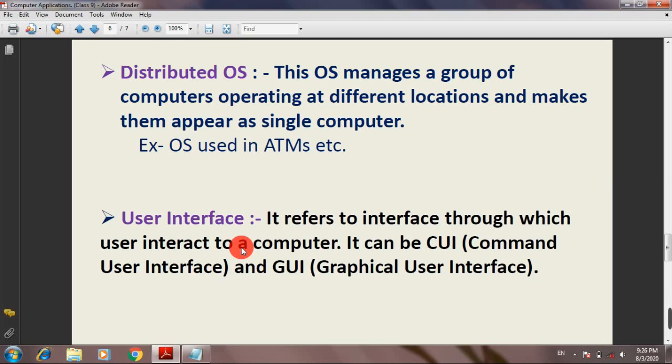So in GUI, we generally use two input devices. One is your keyboard and the other is your mouse. But in CUI only the keyboard is needed. We cannot use the mouse in the CUI interface.